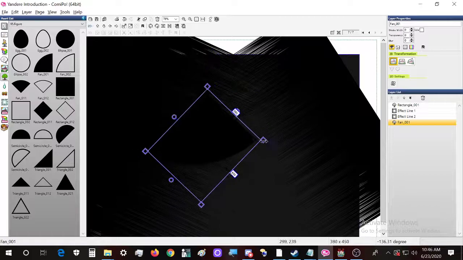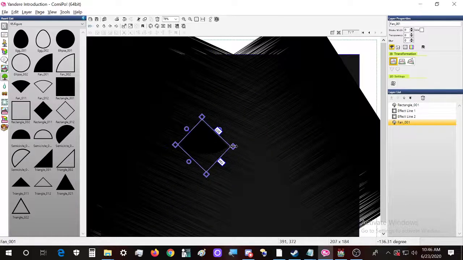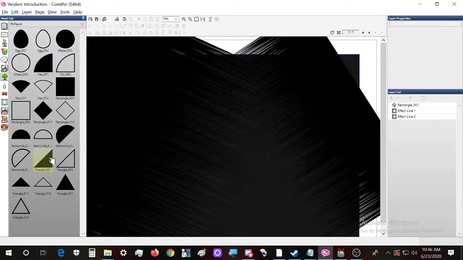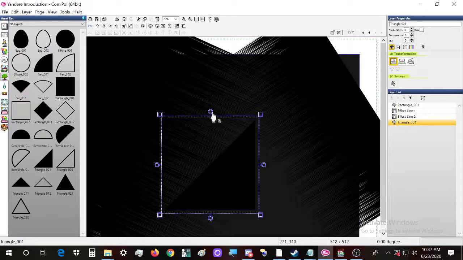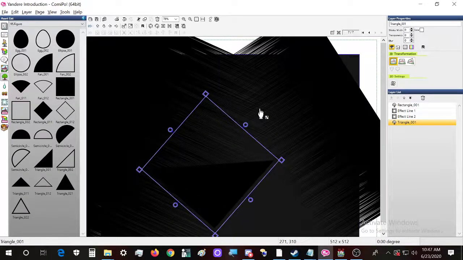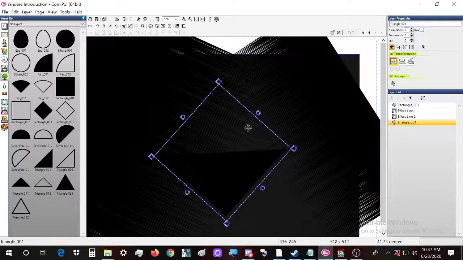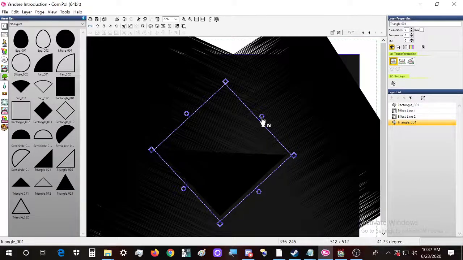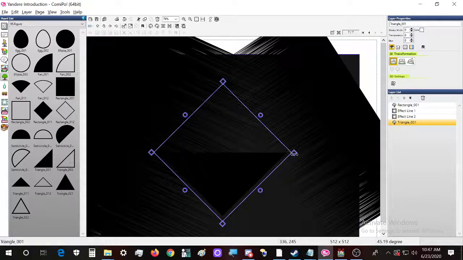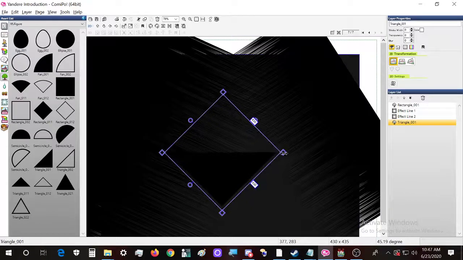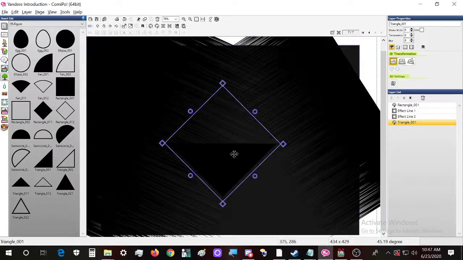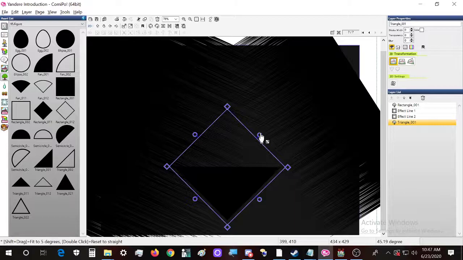Okay, so it doesn't work with this. Then let's try a triangle. Now the triangle will be the chin of the face, and of course we will make the face somewhat like this because it's going to be somewhere over here. Don't worry about the other elements, we will focus on that a bit later.